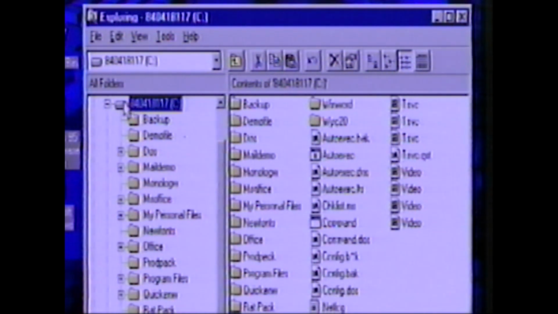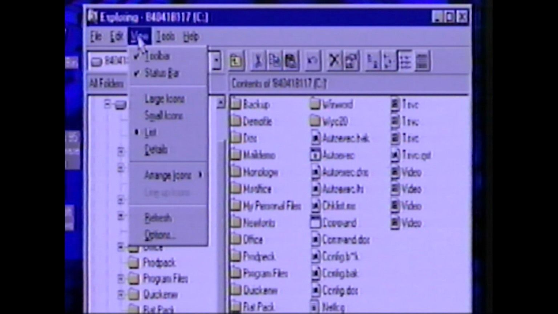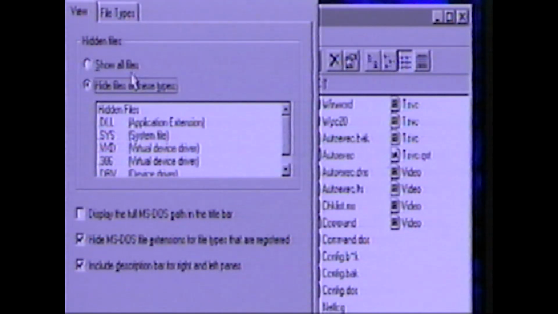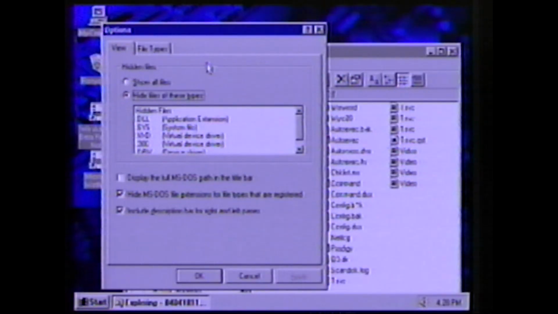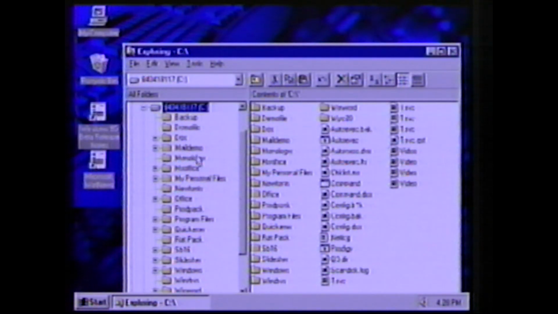Now, if you're still used to working with DOS, you're going to probably want to know the path or the command line. You remember, we talked about that quite a few times before. To see the command lines, you have to come up to the View pull-down menu here, click on it, and then you come down to Options, click on it. And then we come in here. Now, if we look over here, there we go, we can see Display the full MS-DOS path in the title bar. So if we click on this, and then we click on Apply, and then OK, we get the path